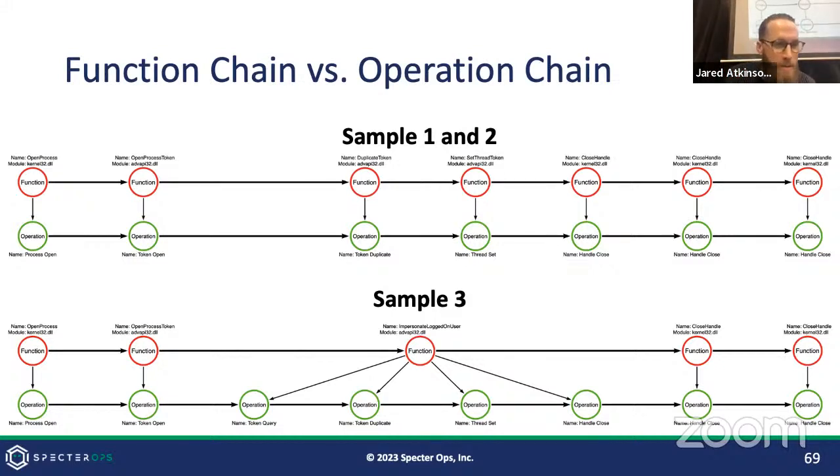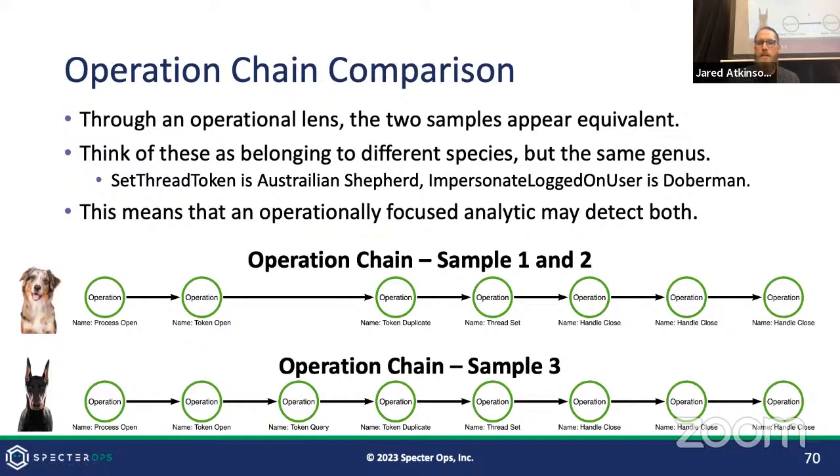And so you probably saw it already. But now what we can do is a comparison at the functional level, right? At the functional level, these two things look pretty different. There are some things missing, and there's a different function call. But at the operational level, they look pretty similar, right? If we were to do an analysis at the operational level, we notice that they're exactly the same,